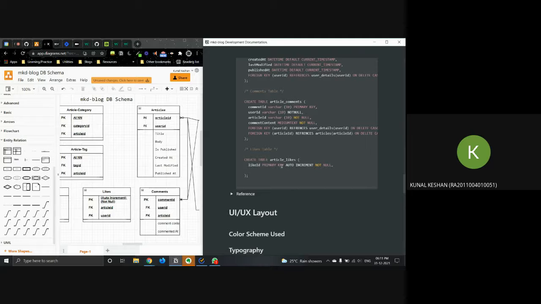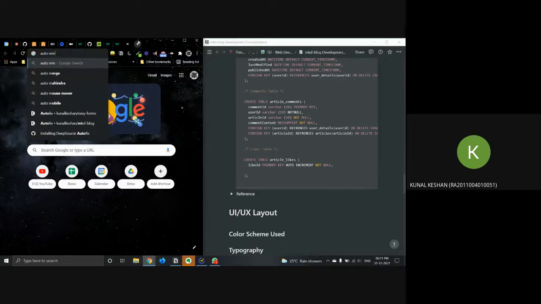Wait, was auto increment supposed to be a default? Right. In this case, it's the int, right?